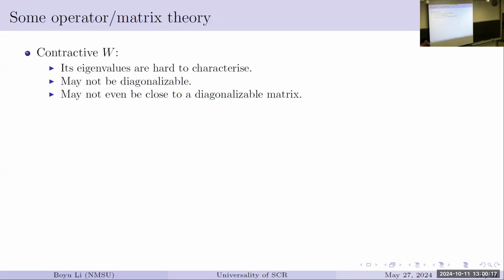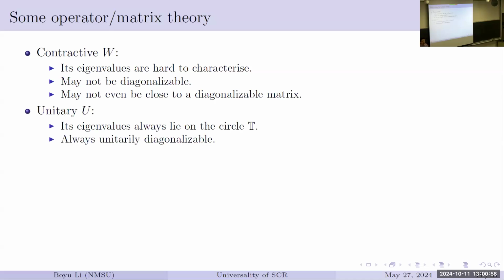You may have another idea: how about we perturb it a little bit, and we can get something better. But even that is not very easy. It's not even close to a diagonalizable matrix. I think it's a fact from geometry, maybe: if you have a dimension higher than, I think, 5 or 6, then the diagonalizable matrices are not dense in the matrix algebra. So you may not even be able to perturb it. It's not even close to a diagonalizable matrix. So they're very hard. In general, we don't know how to handle a contraction.